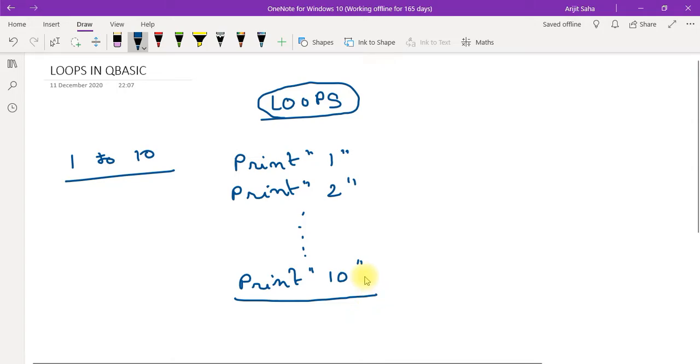and this might change if suddenly I want to print 1 to 100, or 1 to 1000. If I want to do that, I have to write 1000 lines. Typing 1000 lines is not at all an easy task, and if there is an error, it is going to create more problems. So in those cases where we want to repeat a statement, suppose the print statement, and print 1 2 3 4 up to 10 in proper order,